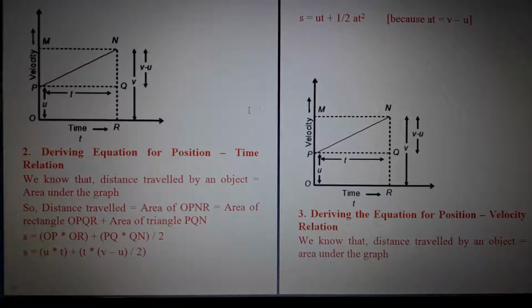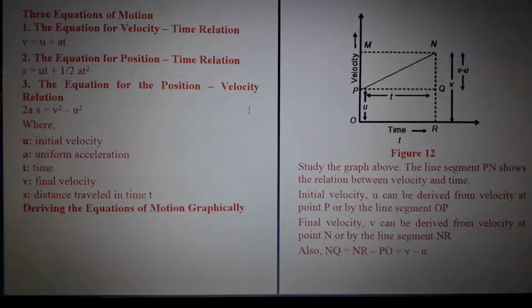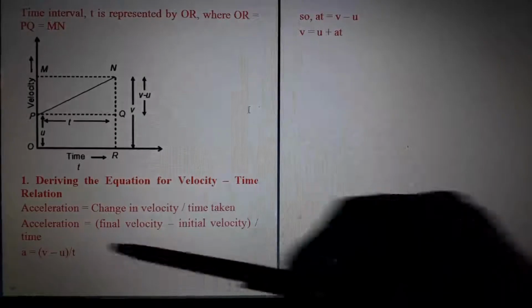Our portion is graphical derivation. Graphical method. Deriving the equation of motion graphically. So one more time, last day we studied the three equations. We already know about that. The first part of the graph, what do we have? We have the velocity time graph here. We can get the values of time, final velocity and initial velocity easily from that graph. So directly we can take it, just find v minus u, and we have time. Easily we can get the equation for the acceleration.